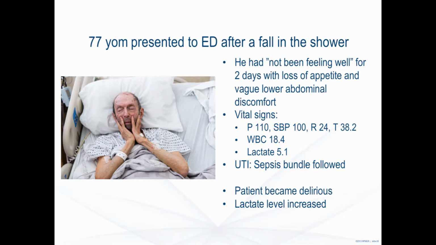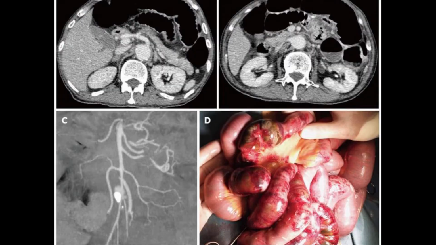Now let's change it just a little bit to somebody who is treated for sepsis. They have a UTI. They come into the hospital floor. They've been stabilized appropriately in the emergency room. They're on a general care floor. A hospitalist is taking care of them. Then they start to become delirious. They become more confused over the next 24 hours. Gosh, we recheck the lactate 2 days later, and it increased from when it had decreased initially. And he's not eating, et cetera, et cetera. And then finally, a couple days after that, when we get the CT scan, we see this, and operatively we see what's in the right lower corner.